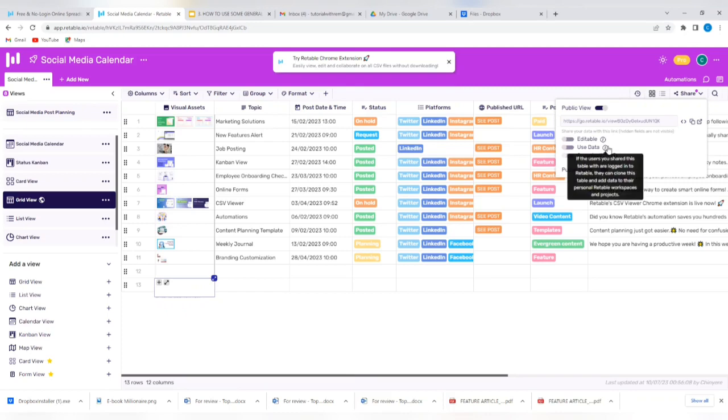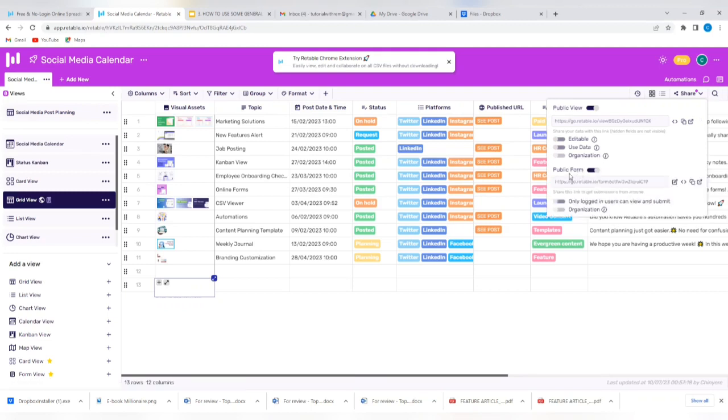If you tap on use data, the users you share this table with would be able to clone this table and add data to their personal Retable workspaces and projects. Okay, and if you put on the organization, this is only available for the business plan, all right? So you can make this form a public form. You can see public form here, right? So you can tap on it and make it a